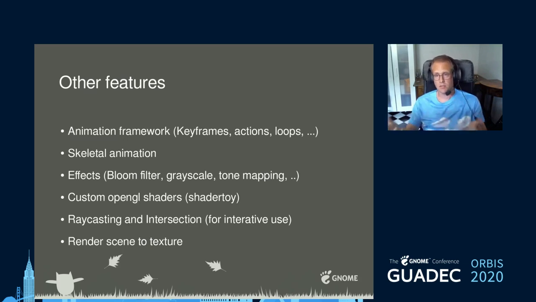And when the actions are done, they can stop or trigger other actions or loop. It's very flexible. We have a skeletal animation system where we can define a skeleton for your mesh, which is a simplified version of your mesh that is connected to it. So when you move the skeleton, you move the mesh around, which is a simple way to make character animations